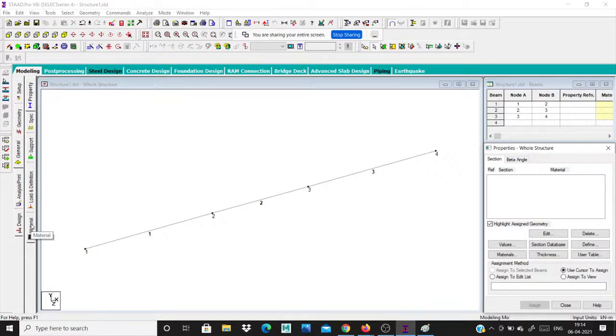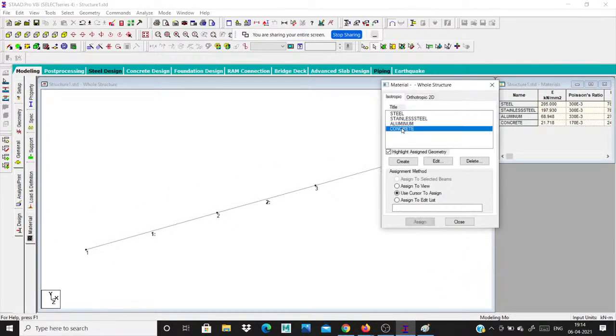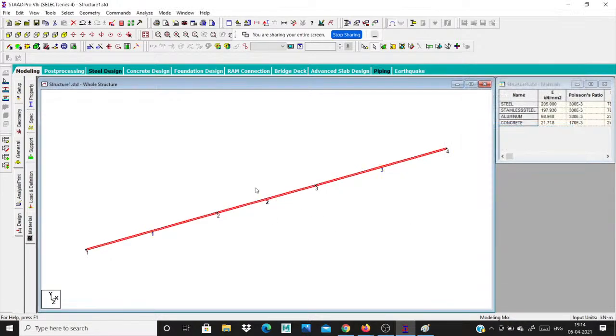First step, simply click this material, then go to concrete. I need a full beam as a concrete material, right? Go to assign to view, assign, yes, my full beam as a concrete, right? The next step is a